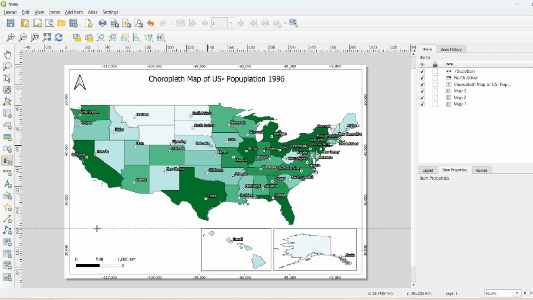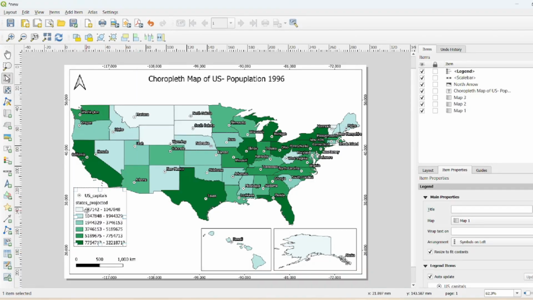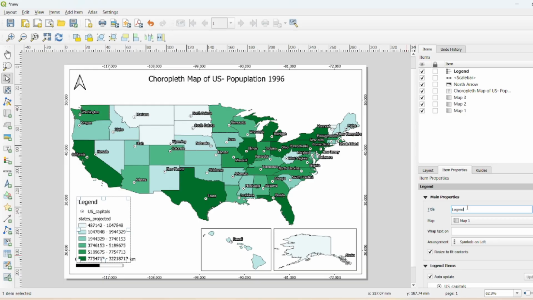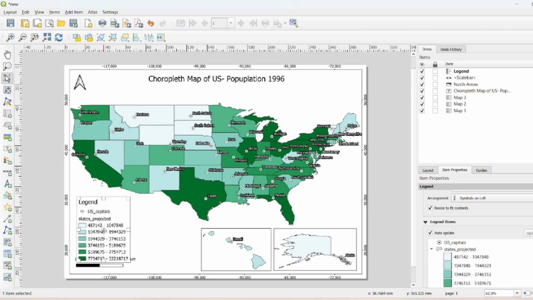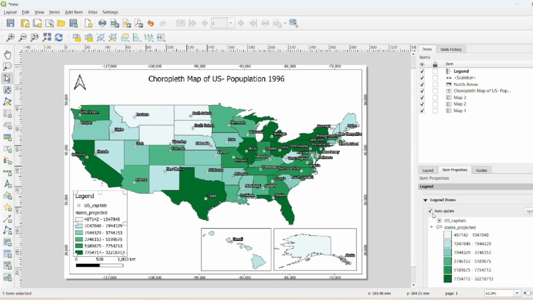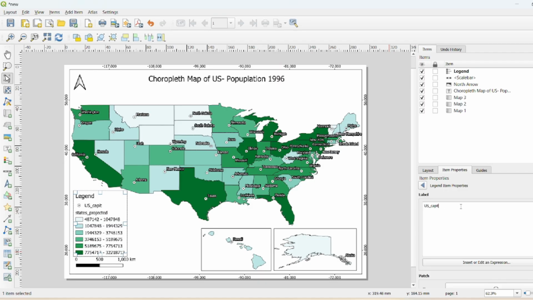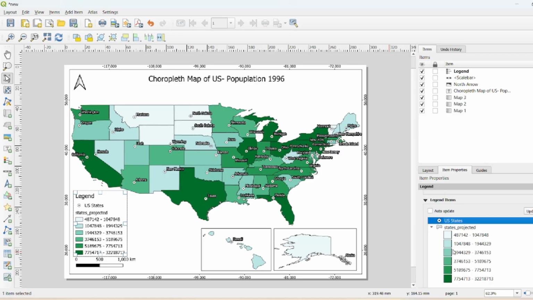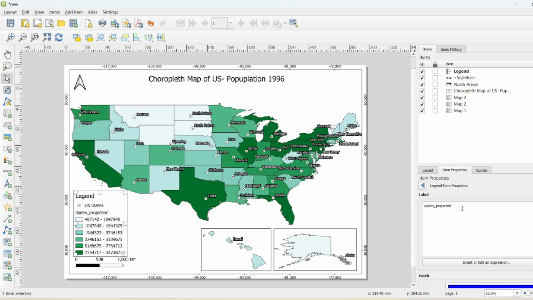And if you want to add legend, then use this tool and draw legend right over here, just like this. In title you can add legend, and then set your legend above your scale bar, just like this. So if you want to edit your legend, then turn off this auto update, and you can say this to US states, and then double click on this